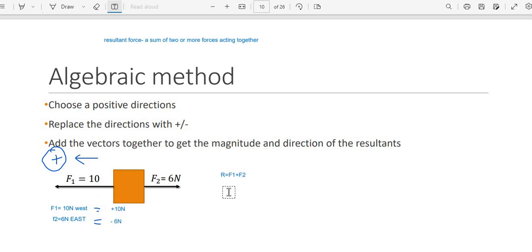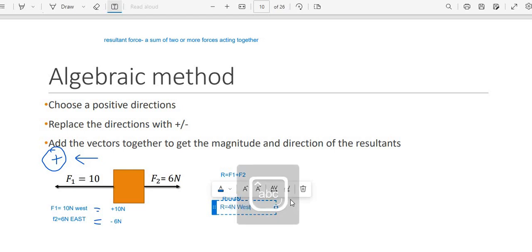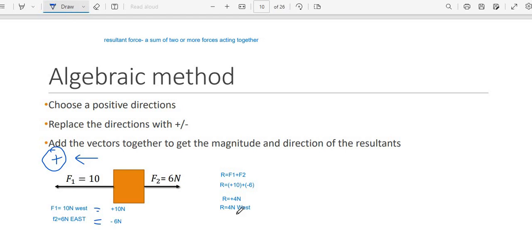So I can come over here and start summing those vectors together. R will be equal to positive 10 plus the other one is negative 6. When we sum those together, we find that R will be equal to positive 4 newton. But wait, what does the positive represent? That is actually direction. So R will actually be 4 newton west. So even if you chose east as positive, we should get to the same concluding statement that the resultant will